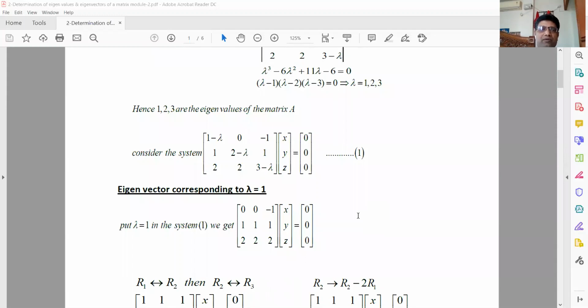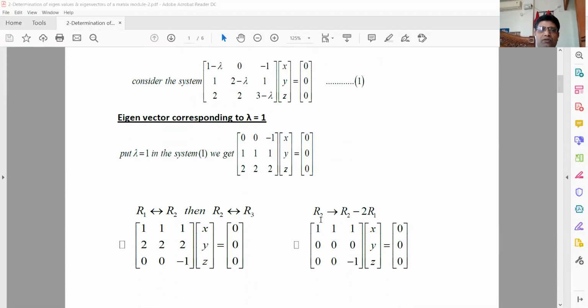Now first I will calculate the eigenvector corresponding to lambda equals 1. So substitute lambda equals 1 in this system, then you will get 1 minus 1 is 0, 0, minus 1, 1, 2 minus 1 is 1, 1, 2, 2, 3 minus 1 is 2. So now